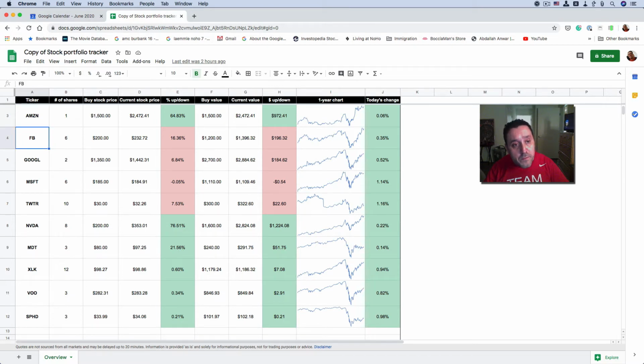This is the ticker symbol, Facebook. This is the number of shares you have, and this is the buy price. This is the current stock price, and this is the percentage of it if it's gone up or gone down. Obviously now it's green, so it's up, and this is the total buy value. So if you were to multiply the number of shares times the buy price, this is what you would get,